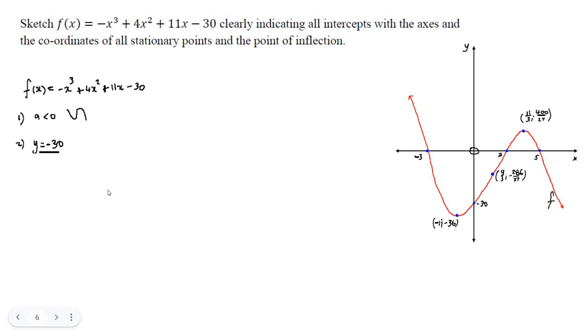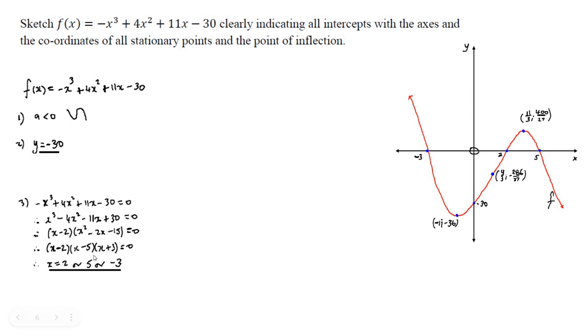We're not ready to sketch it yet. We have to do some more work. What about the x-intercepts? Well, what do we do? We let y equal 0. Now we've got to solve this. You see what Mr. Autry did is he divided everything by -1 to make it a little bit easier. And then, actually, all you have to do is take the very original function,